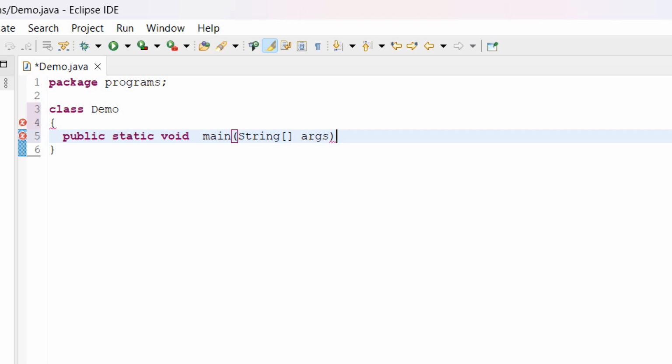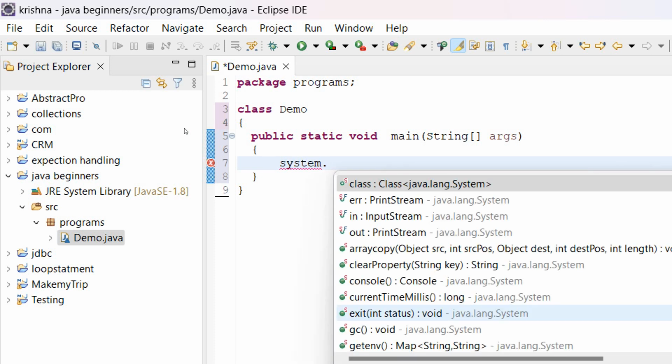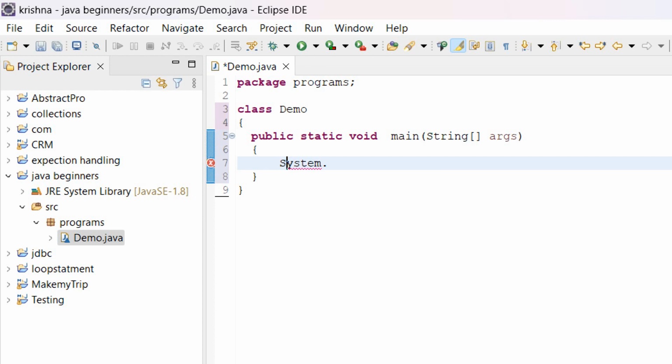Again in the next line I'm going to open my curly braces and close my curly braces. Now I want to display hello world. How can I display this? I'll write my print statement, System. Some suggestions will be given. So System dot